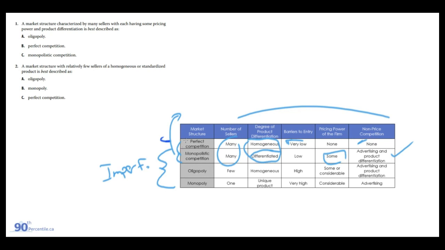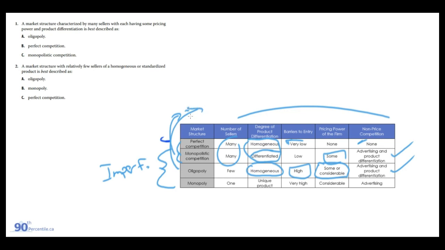And in an oligopoly, we have a couple sellers, but they're selling similar products, and there's a high barrier to entry, and then the pricing power is more on the higher side compared to the perfect competition and monopolistic competition that we've seen. And then once again, they can advertise, get brand awareness, and differentiate their products to compete outside of price. An example I like to use for oligopolies,